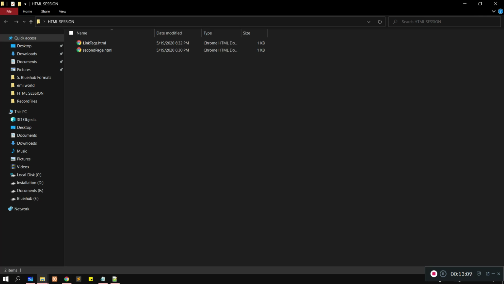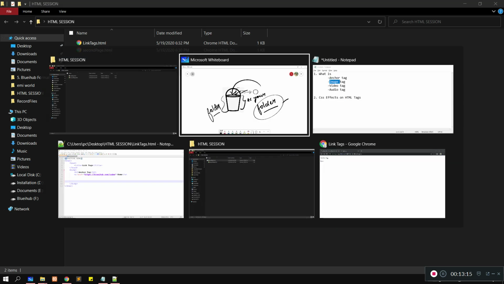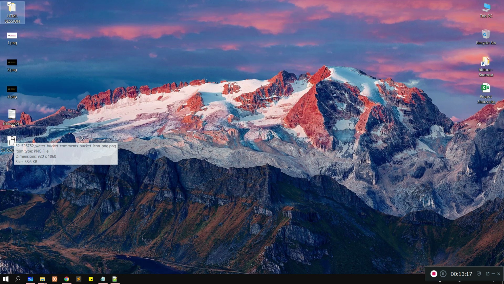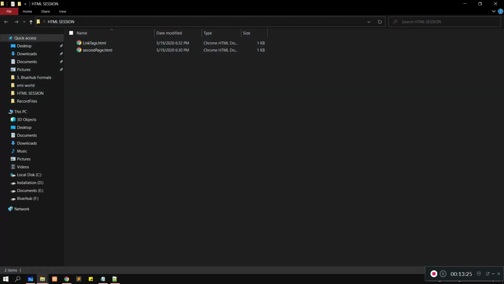So now suppose I want to use an image, so let's download an image. I have downloaded this bucket image. Let me copy this bucket image and paste it in our folder here.